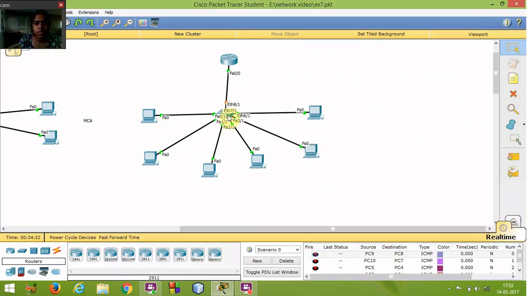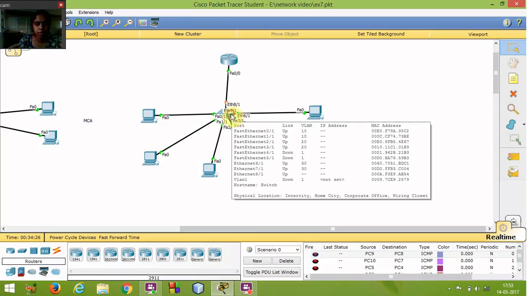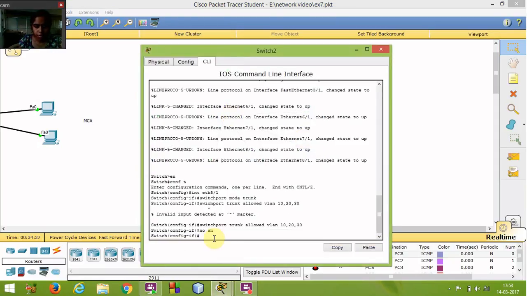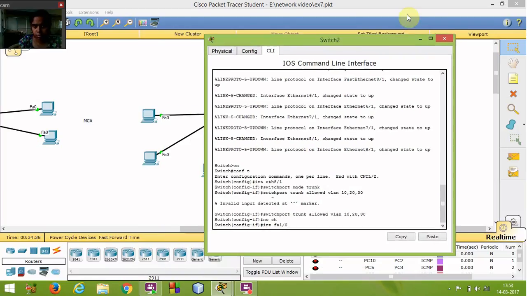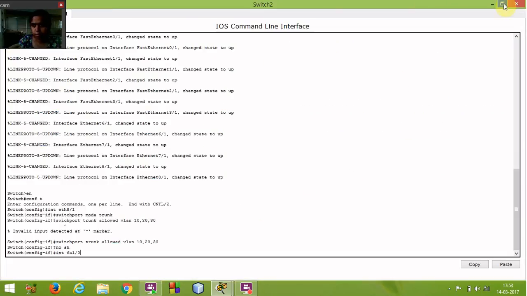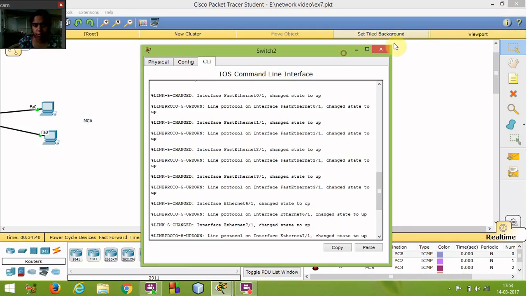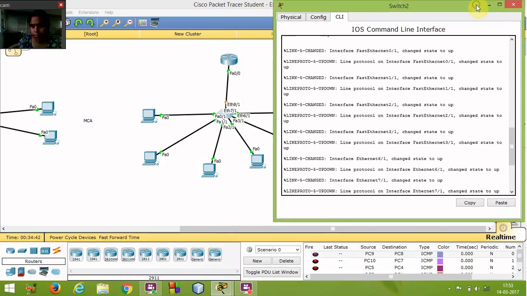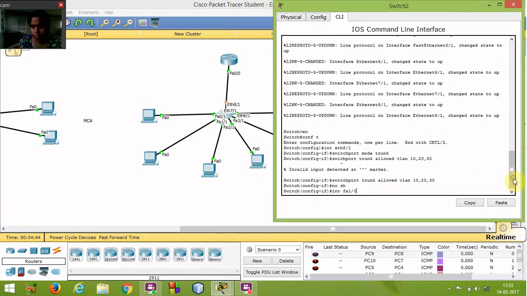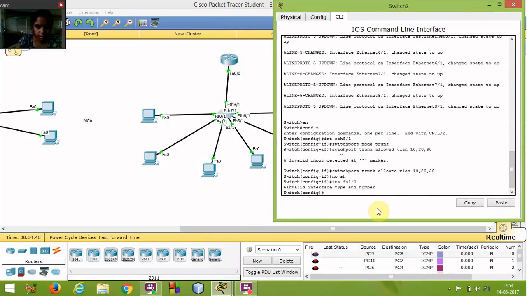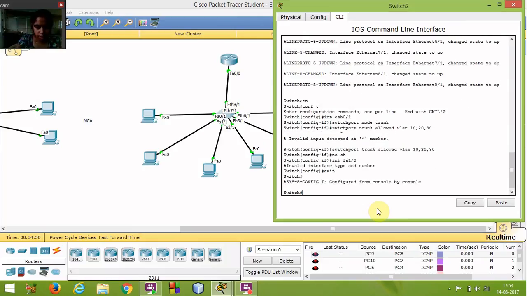I'm going to connect the switch with these PCs. We have to configure all these Fast Ethernet interfaces, so int fa1/0. We have to assign different names for the VLANs. I'll give first exit, then en,